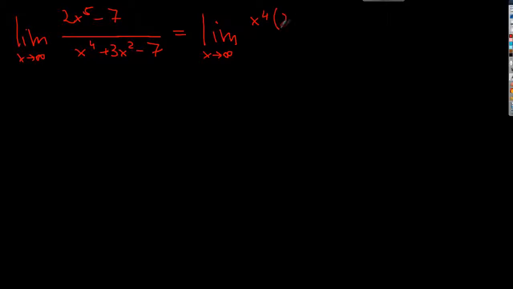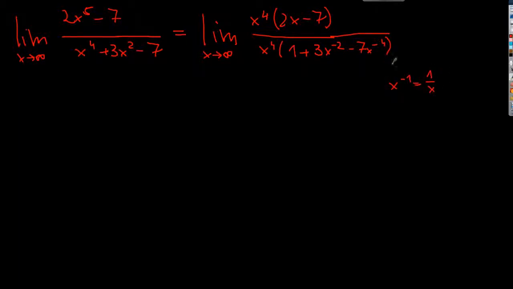x to the power of 4, and we get 2x minus 7 all divided by x to the 4 extracted: 1 plus 3x squared divided by x to the power of 4, which is x to the minus 2, and then minus 7 x to the minus 4. Of course, x to the minus 1 is equal to this. And the x to the 4 cancels out,